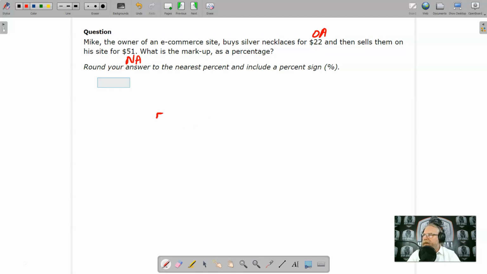In order to get a positive number, we're going to have to do 51 minus 22. Our denominator is the original amount, which is 22. 51 minus 22 gives us a difference of 29, and then bring our denominator, 22, over. Divide 29 by 22, and that is going to give us 1.3181818. Move that decimal over two places, and we'll get